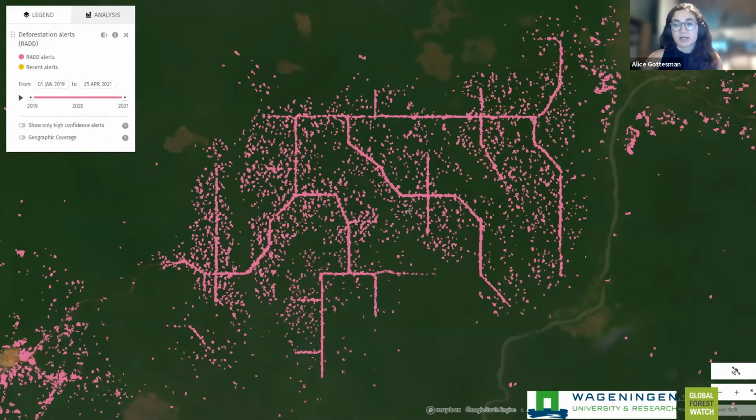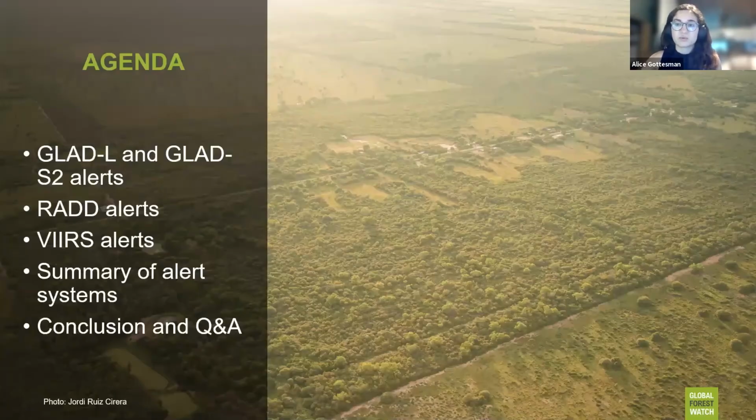So we're now working on integrating these alert systems on Global Forest Watch. And rather than thinking of them as competing systems, try to think of them as complementary. So if two of these alert systems detect change in the same location, this gives us confidence that something is actually happening. And having 3 different alert systems allows us to pick up and confirm changes faster than any one of them alone. So during the webinar, we'll provide an overview of the GLAD, RADD, and Viirs alert systems,